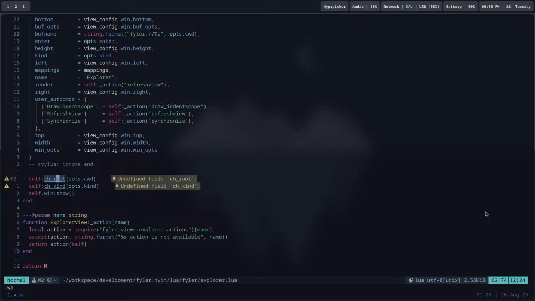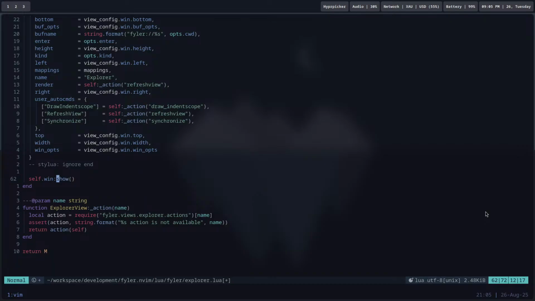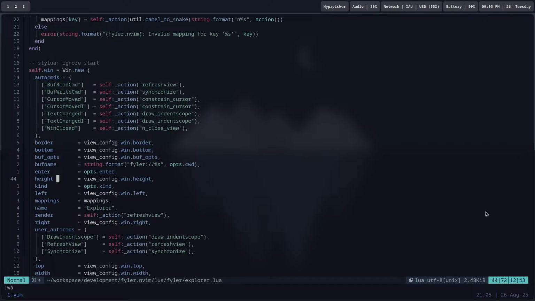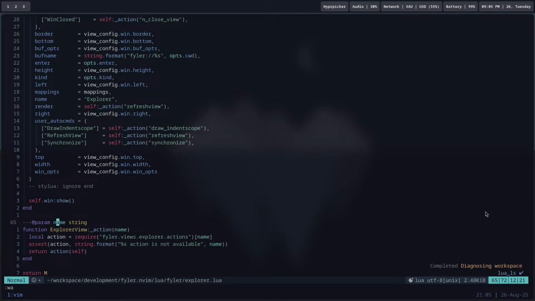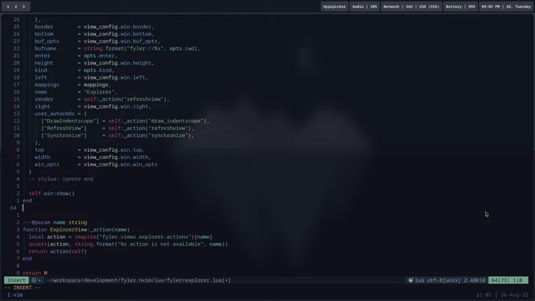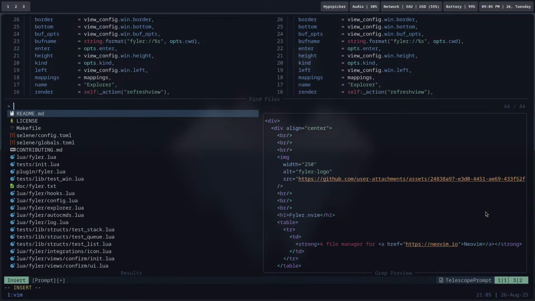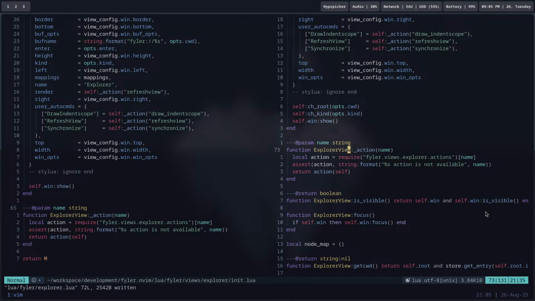I'm gonna call it, I don't want to do it that way, because if I am refactoring something, then I have to improve it as well. So let's just Explorer init, and